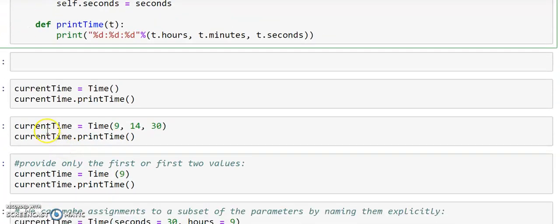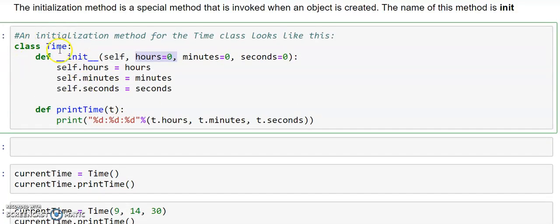How are we going to invoke it? We create an object of this class Time. When we create an object, it automatically invokes this method and assigns the values. Since we are not passing anything here, by default it takes the default values, that is 0 has been given for all of these 3 parameters, so it will assign 0 for all these 3 attributes.